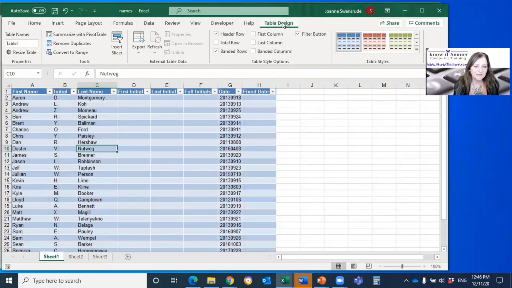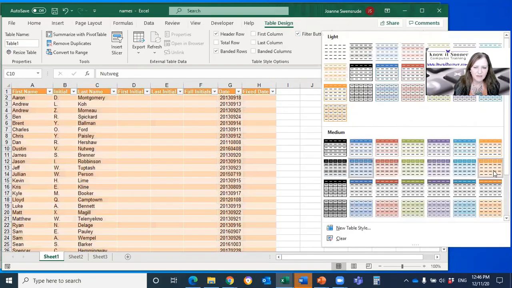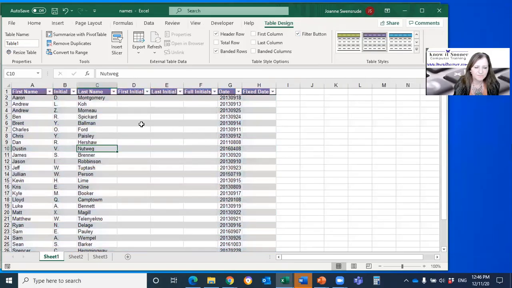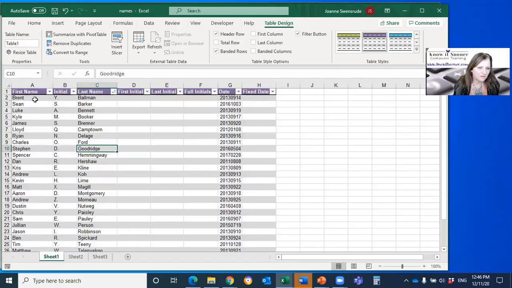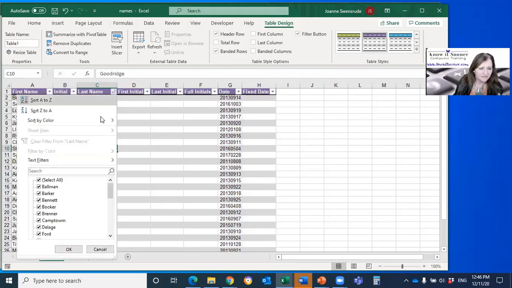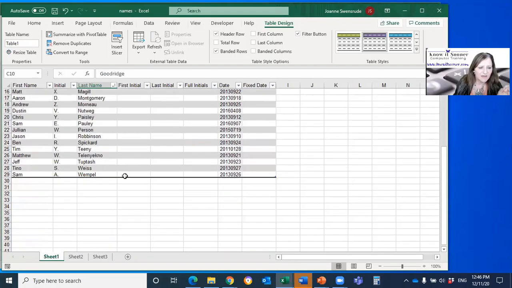It makes it really nice looking. You've got this table design at the top. If I click here, I've got some different little designs that I can do. And I even have a little sort button at the top of each column. And in our other courses, we go into filtering and stuff like that. But this is going to be nice because when I go to the bottom